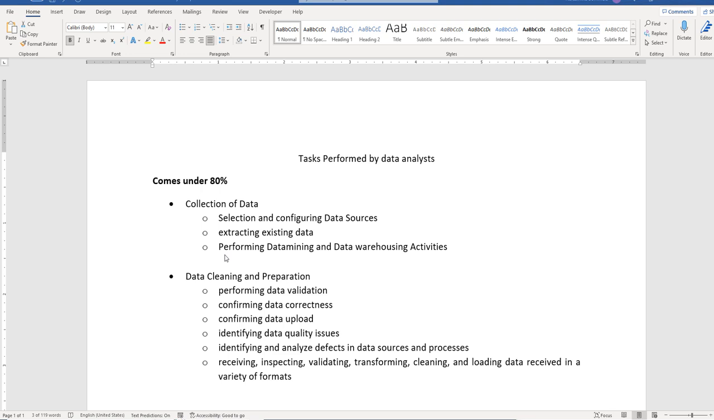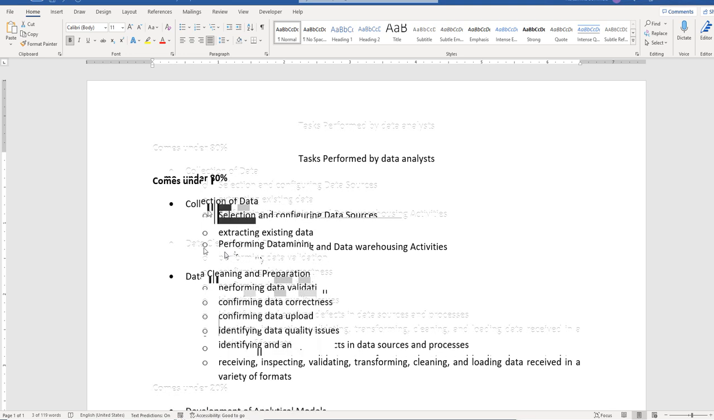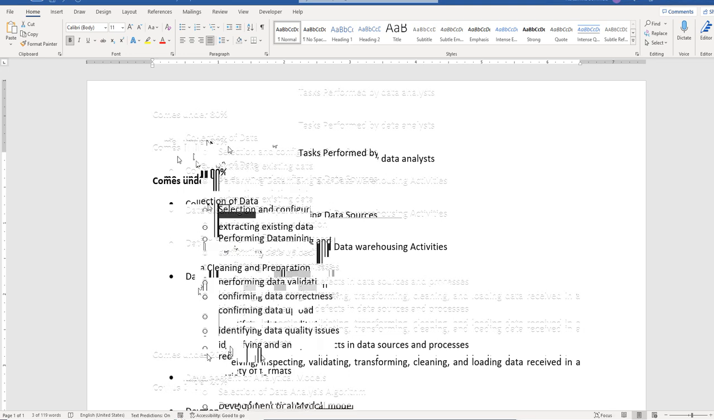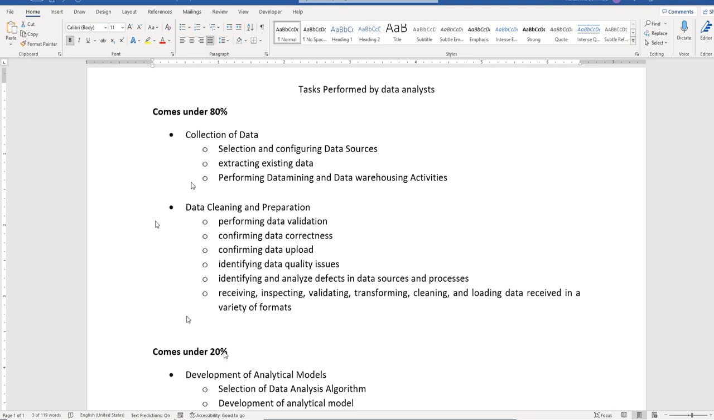So these are the activities that are performed by the data analysts, and I divided them into 80% of the time and 20% of the time that researchers and data analysts will spend. First, 80% of the time it involves collection of data, data cleaning and preparation. Okay, so first one, it is very important that data analysts need to identify what are the data sources that